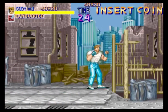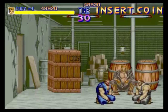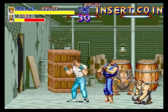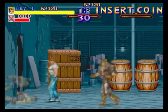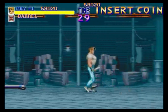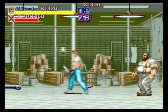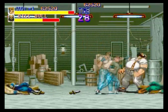It became a major success, selling 30,000 arcade units worldwide whilst becoming the highest grossing arcade game of 1990 in Japan. The Super Nintendo version alone sold 1.5 million cartridges. And as a result of this success, not only did it spawn its own series, but it was also ported to other systems, including the previously mentioned Super Nintendo, various home computer ports, and later even the Game Boy Advance